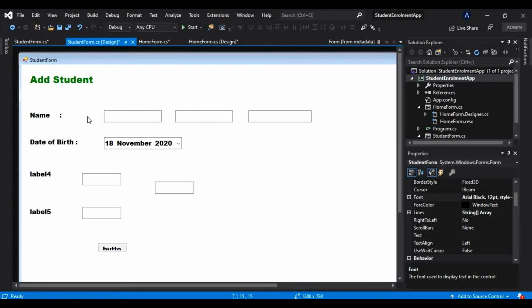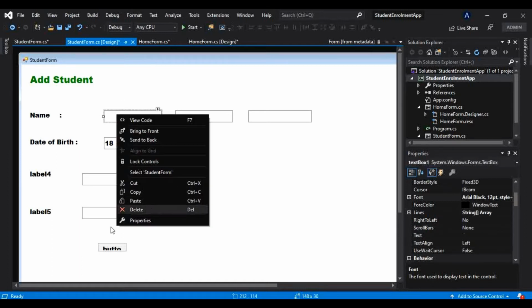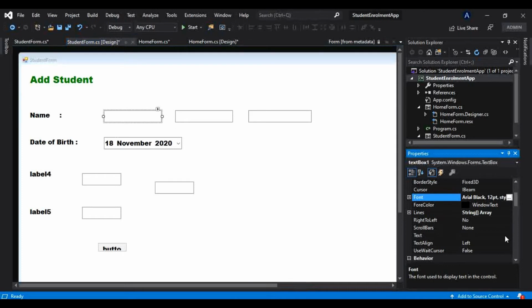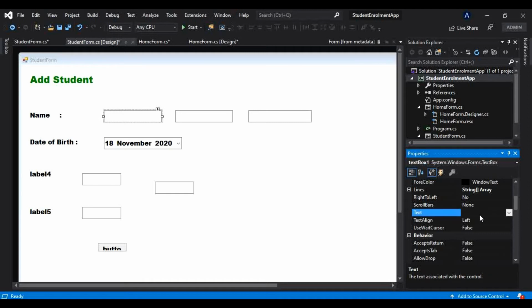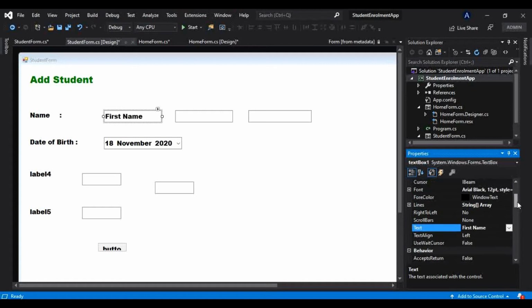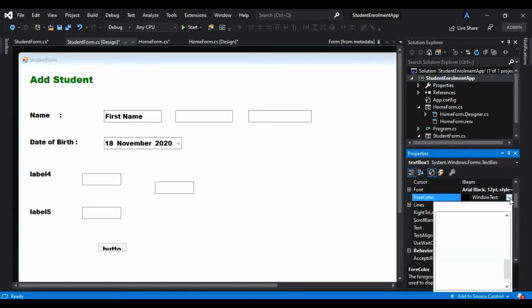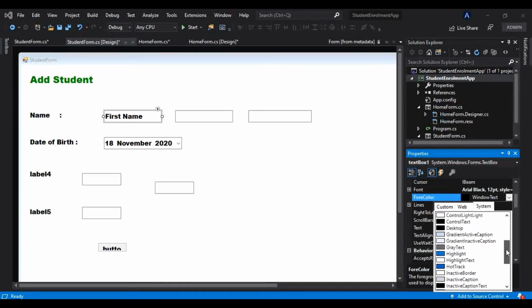So you might be wondering why I have taken these three text boxes here. So this is for the first name, this is for the middle name, and this is for the last name. Okay, and for the user to understand, I will go to the properties, and here in the text menu we can give that as first name. Okay, and what we will do, we will change that color to gray. That is, here there should be a gray text.